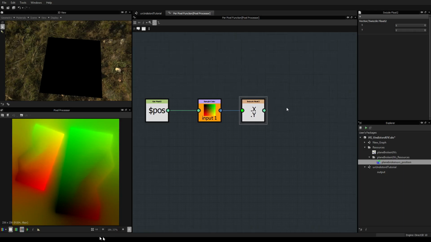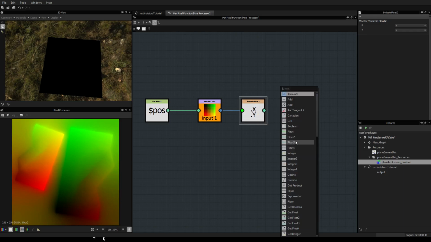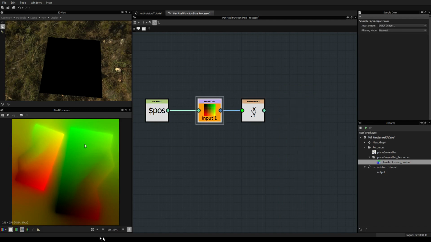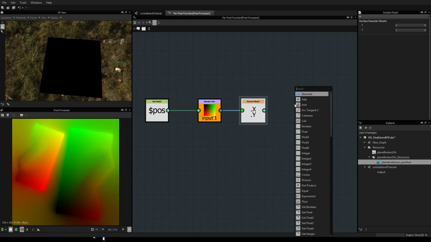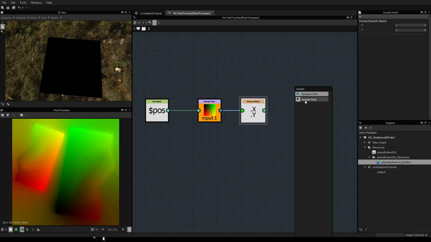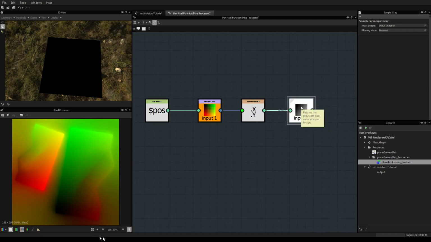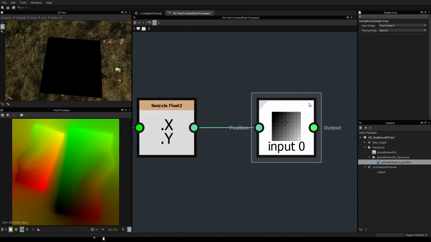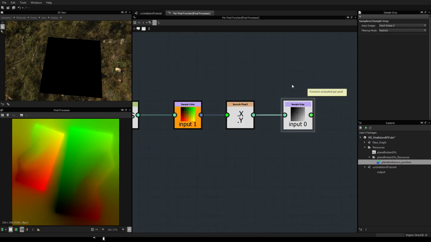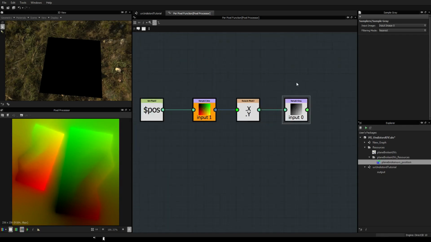And what we want to do is to say, okay, for this coordinate, we want to sample in the texture input to get the color at the position which is defined here. So I select this and I do once again a sampler, and I think it was a grayscale in our case. If you have a color input, you won't put a sample gray, you would put a sample color. But in our case it's grayscale, and the input is 0, so it's fine.